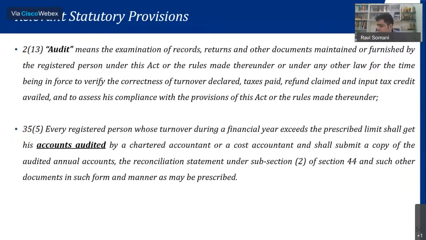You have been told you need to do valuation, classification, you need to go into the books and all these things. On the other hand, there is another view coming out that it is only a reconciliation exercise. You need not go beyond reconciliation. So I will tell my view, and I have reasons and logic to justify the same. Now, when we look at the meaning of the term audit, which is given in section 2, subsection 13,